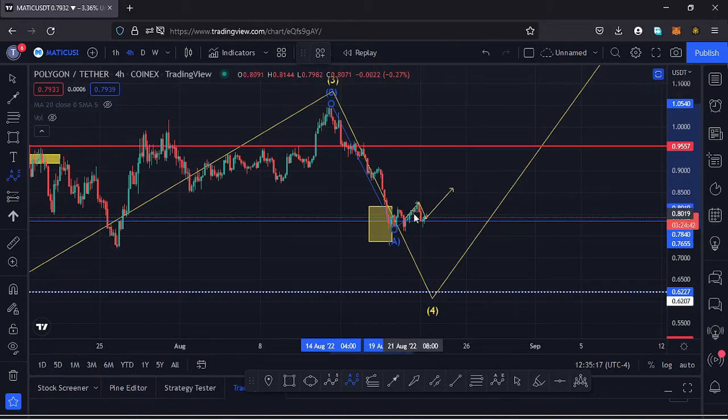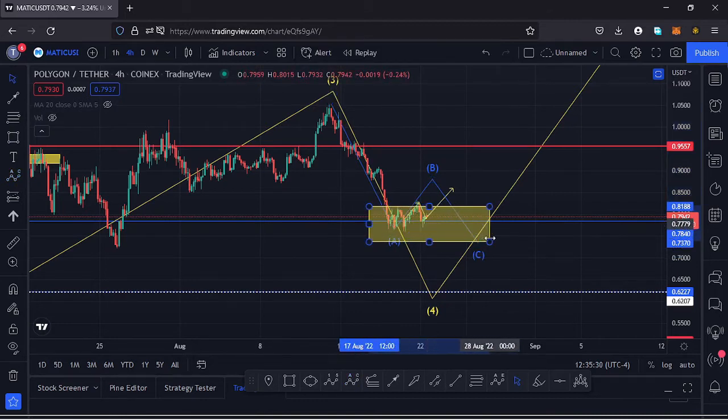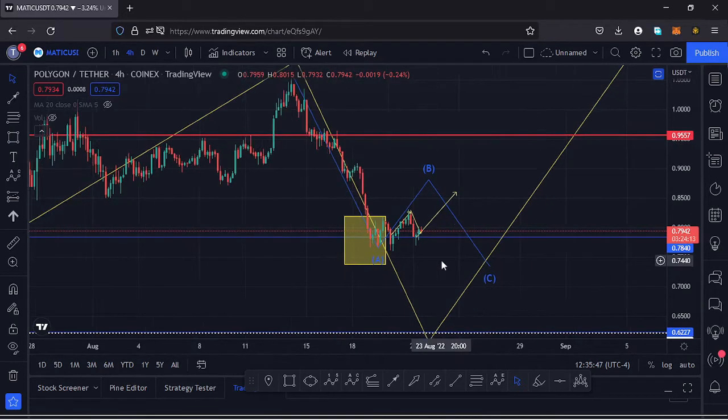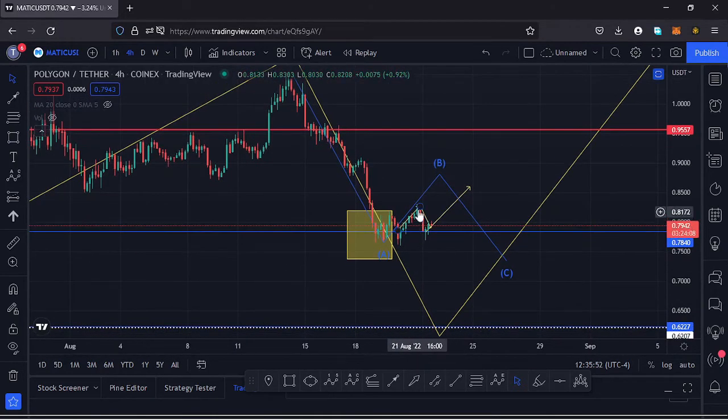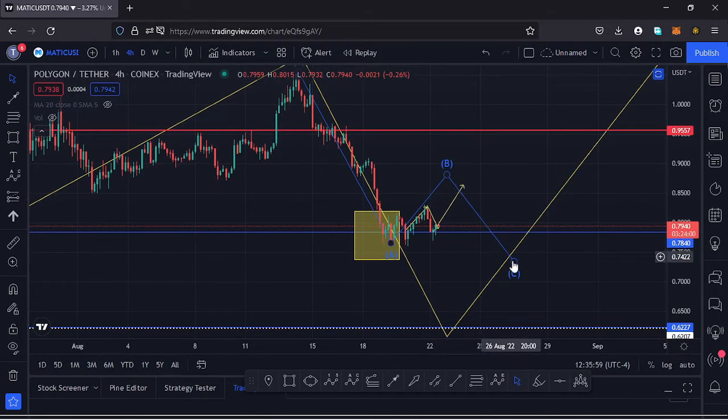Then after the retest is a success and we continue pushing a little bit higher, the high that we make will be the high for that wave B. Then continue pushing to the lower side to maximize our yellow target down here by going to around the $0.78 mark. So that is the first possible scenario that I expect to play out here on the Polygon Matic chart. It's possible we are going to see a retest of that key area of support, push a little bit higher, make a high for that wave B, then continue pushing in the formation of our wave C to maximize our yellow target area for that fourth wave.